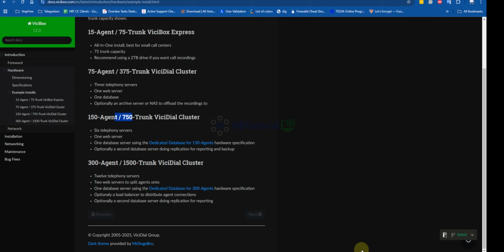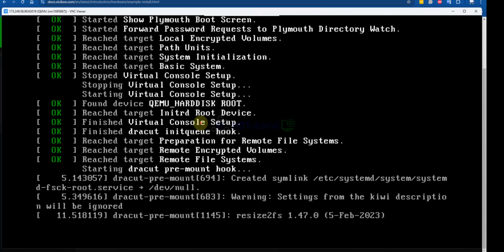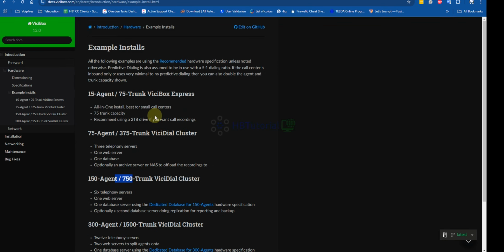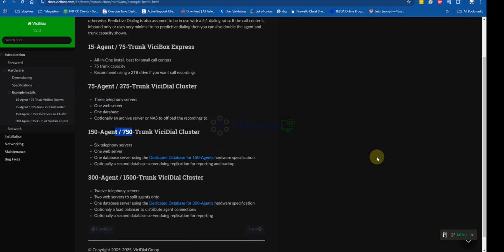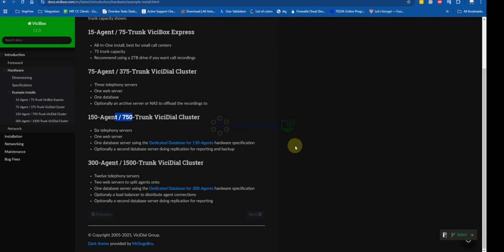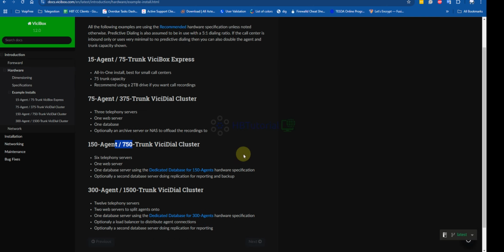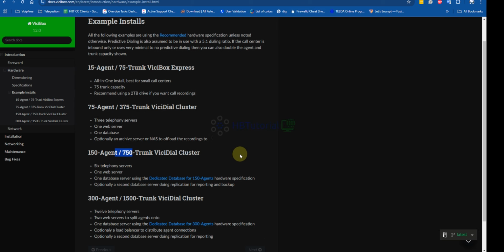Okay, so next we're going to continue. It's not yet done, but almost. So we're going to continue here. You can check the recommendation, introducing hardware and recommendation examples of the servers. So at least you have a path for what server requirements you need so that you are able to start